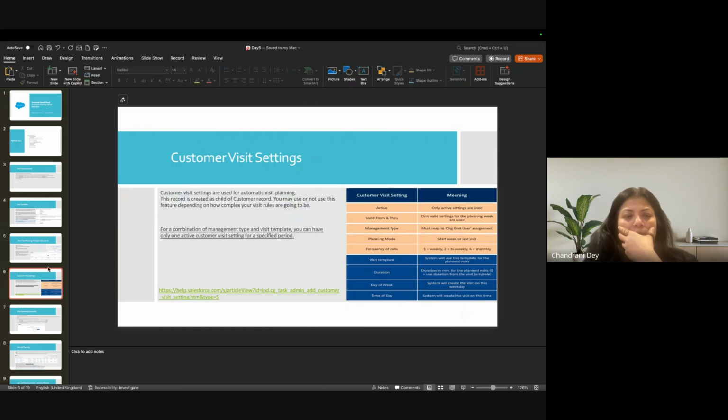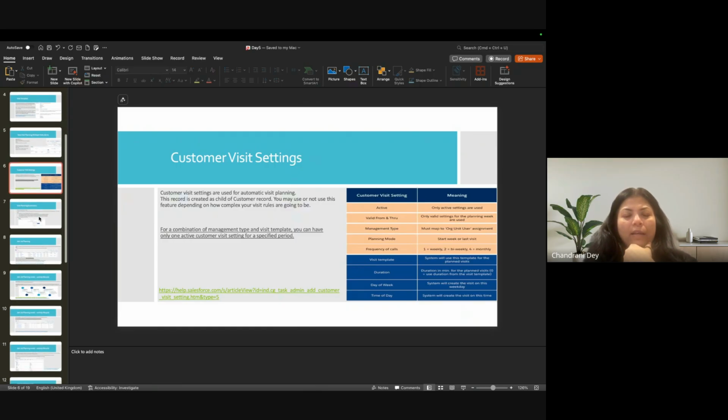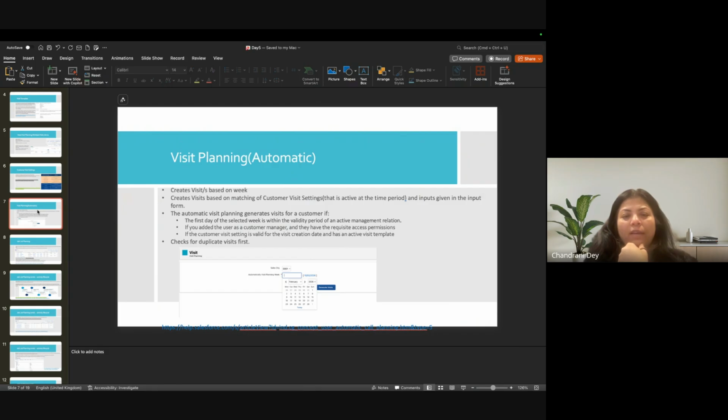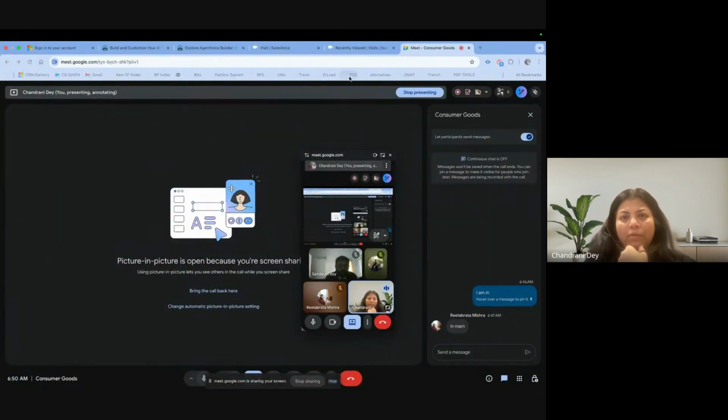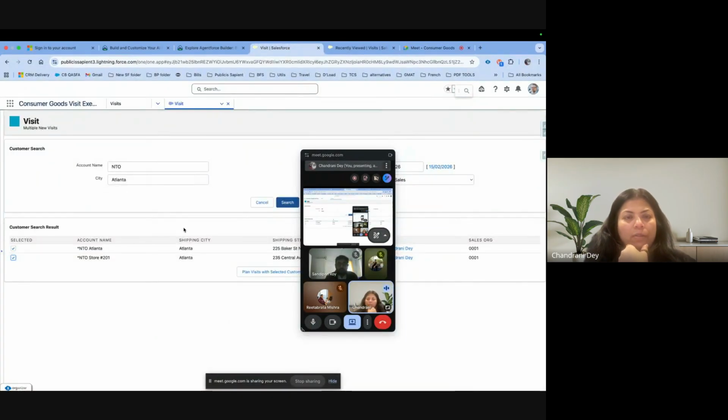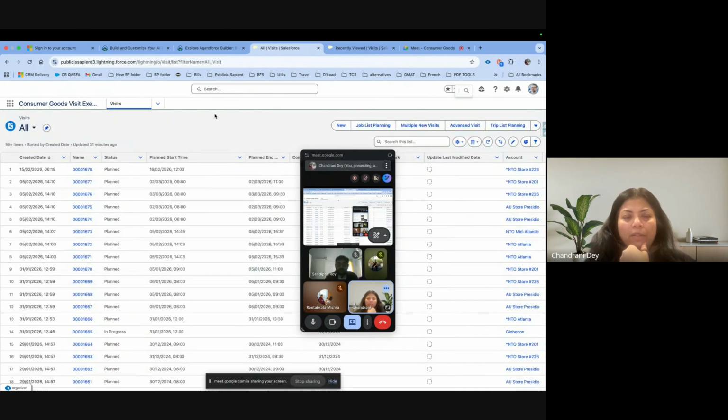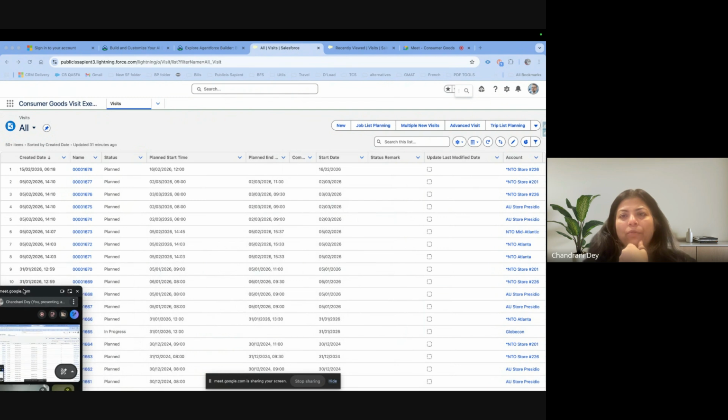Okay, so this is customer visit settings. And along with the visit template, this is also another object that controls many of the internal functioning of the visits. Okay, visit planning automatic. So now we have this one. I'll just go back to the application. So this one's our multiple one. Okay, so there is one more called